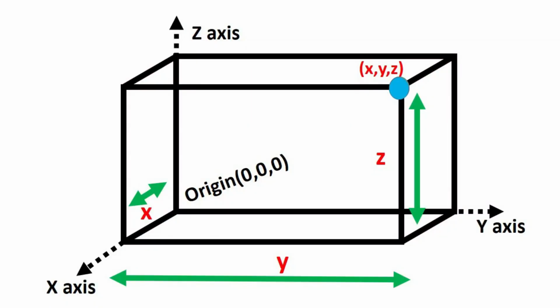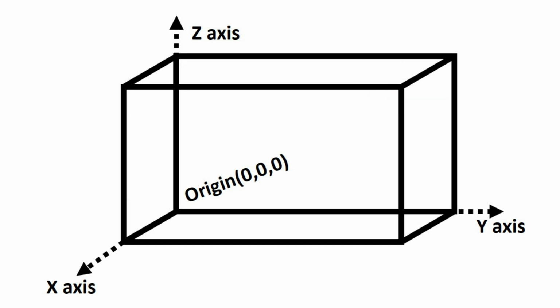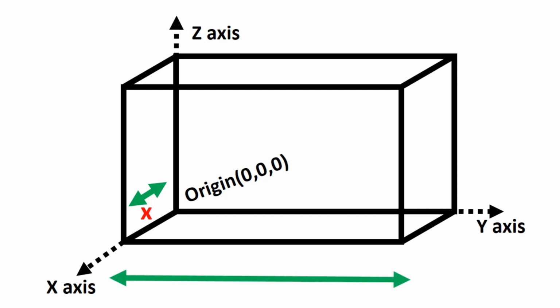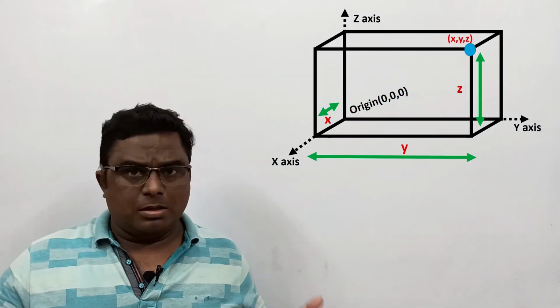Now in three-dimensional geometry, if I consider a point, then the coordinates of that point are of the form (x, y, z) inside the round bracket. Now what is x here? x means displacement of the point from origin measured along the x-axis. In the same way, y means displacement of the point from origin measured along the y-axis. And in the same way, z is the displacement of the point from origin measured along the z-axis.